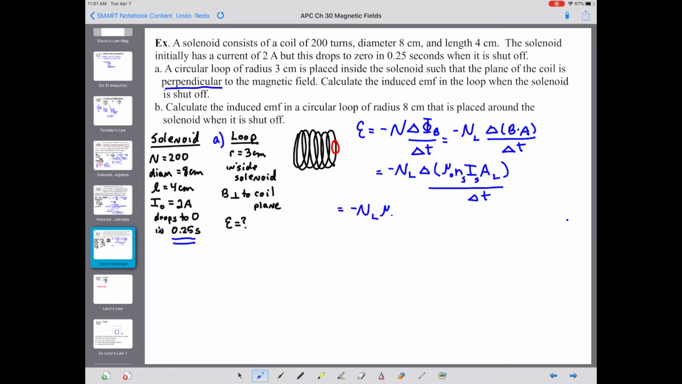So now pulling things out of there, I have negative N for the loop, μ0 is a constant, we don't need it in the delta. N for the solenoid, I'm going to rewrite that as capital N for the solenoid over the length of the solenoid, because that's what's given, the total number of turns and the length. I for the solenoid, I changes, so I will stay in the delta, but the area of the loop does not change, so it will pull out. So then I end up with a delta I for the solenoid over a delta t. Everything else was constant, everything else pulled out. And so then when we plug in numbers,